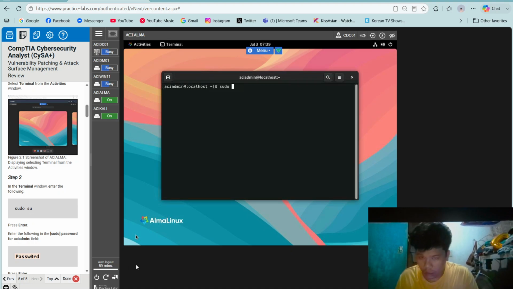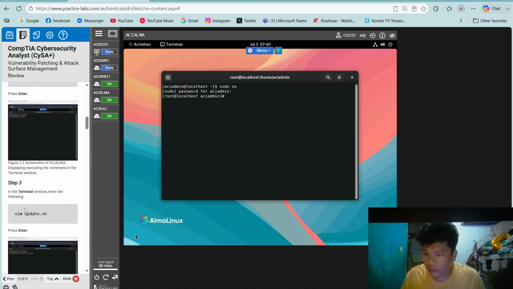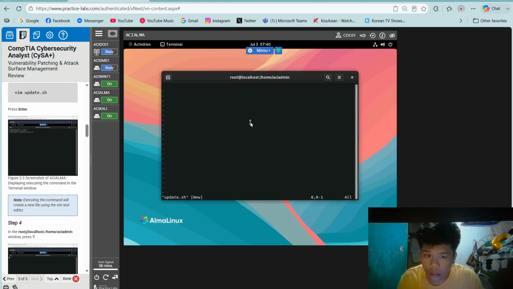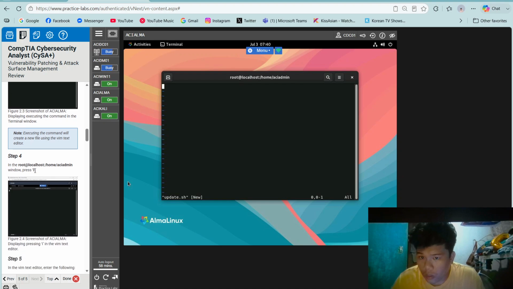So sudo su, then the password. Then in the terminal window, enter the following: vim update.sh, press enter. Note, executing the command will create a new file using the vim text editor. In the root at localhost home, press i,